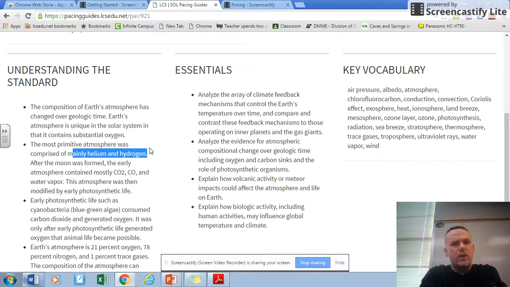Once it's cooled off and all the CO and CO2 has been released, then you have water vapor condensing as rain droplets. Yay, so now we've got some water going on. It's cooler now. We have CO, CO2 in the air. This is the second atmosphere. Of course, you still have the hydrogen and helium. And then something amazing happens that no one knows how. You have life appearing in the ocean.